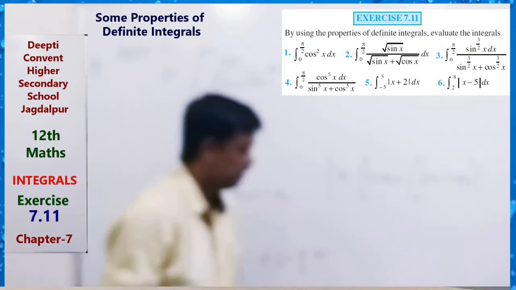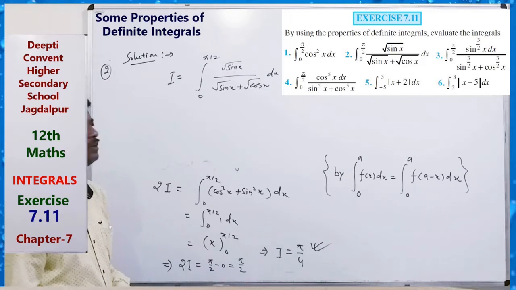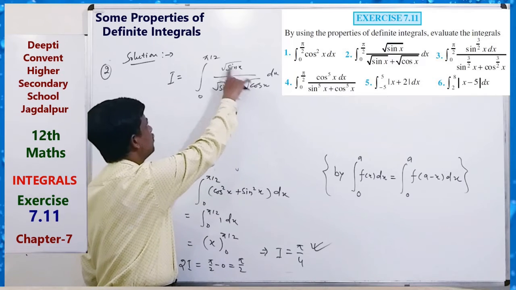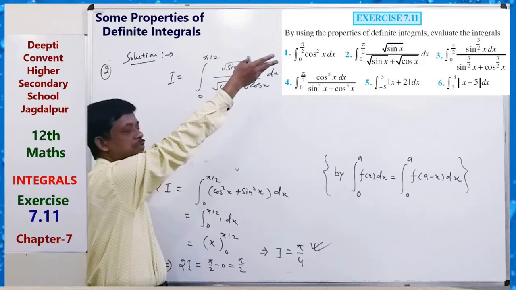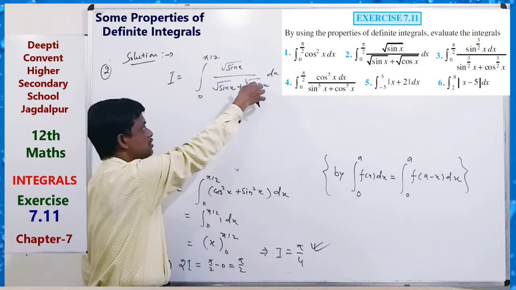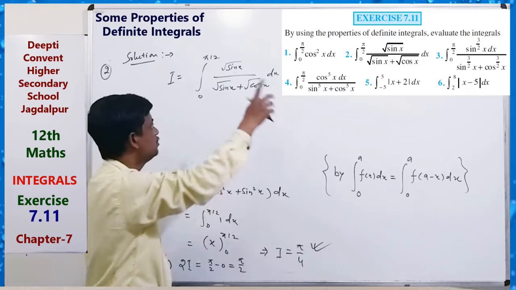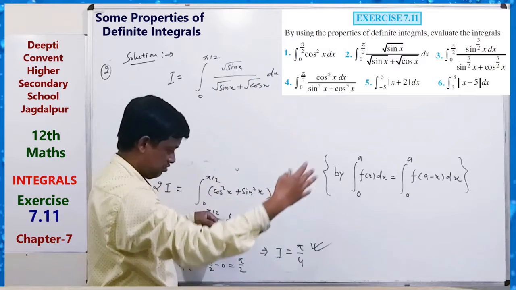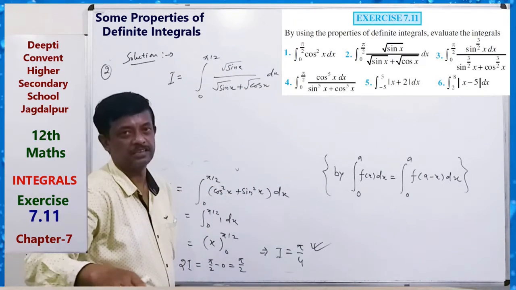Okay, just like this integral, we can solve it simply by using this formula. Sin(pi/2 minus x) converts to cos, since 90 minus theta means cos and sin swap. So after getting the equation, the denominator will be the same, sin and cos. So we can take root sin plus root cos common and cancel.